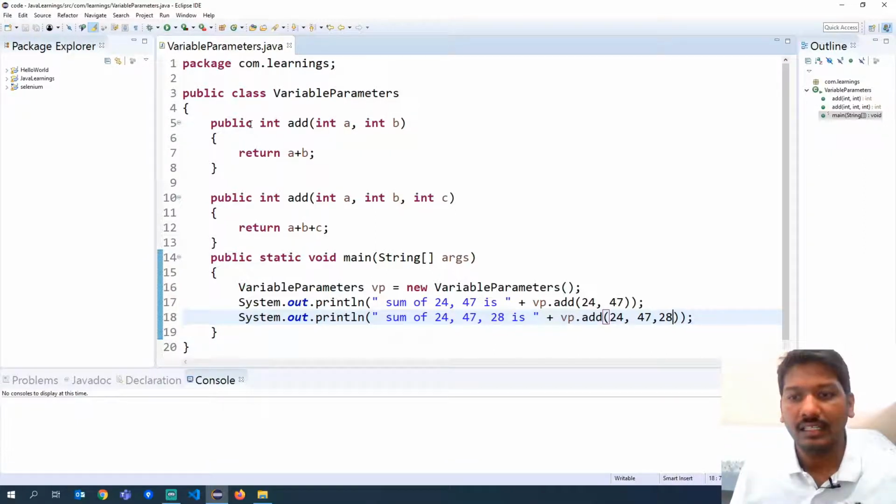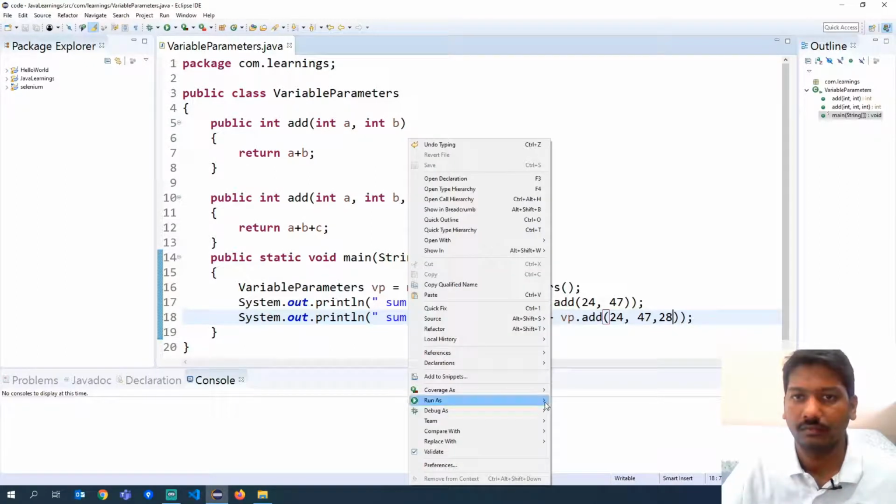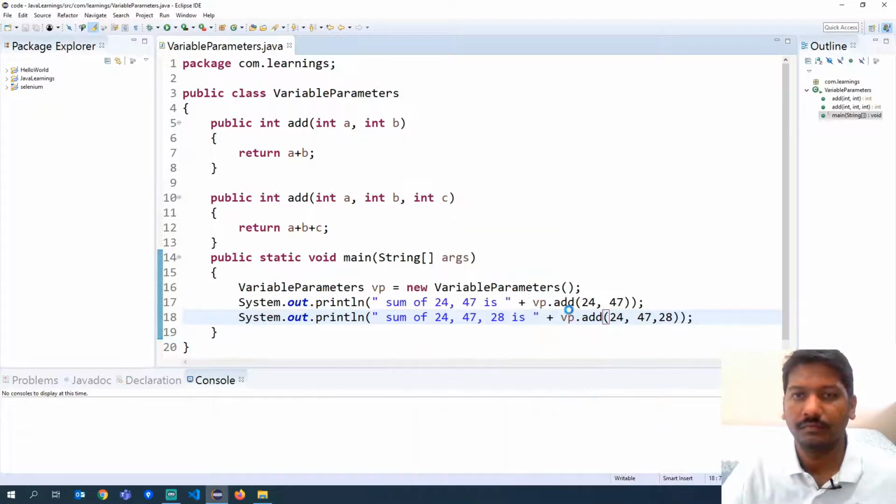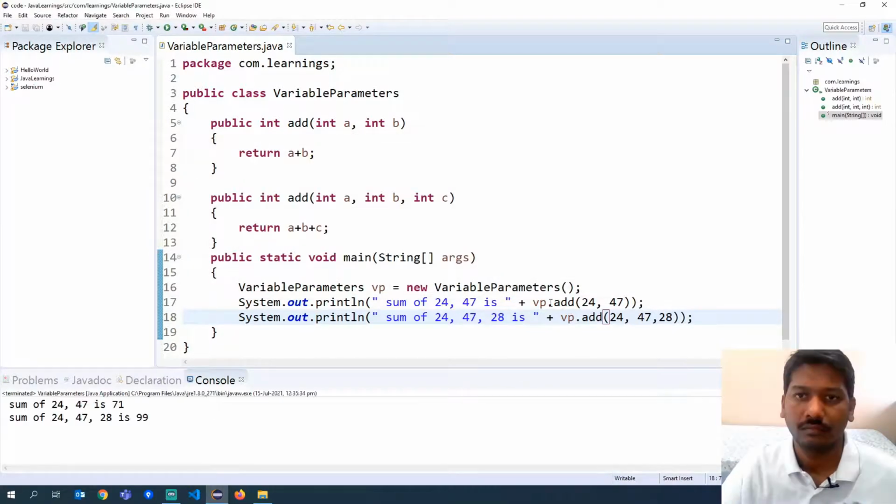So what I did here, I have created an object for the variable parameters class and then I've called the add method with two input parameters and three input parameters. Let us now execute and see what the output is. Okay, so if you see here, it has added the two input parameters and the three input parameters.